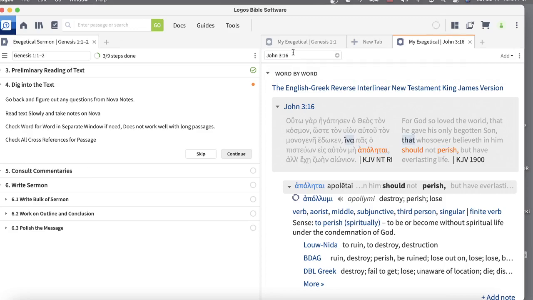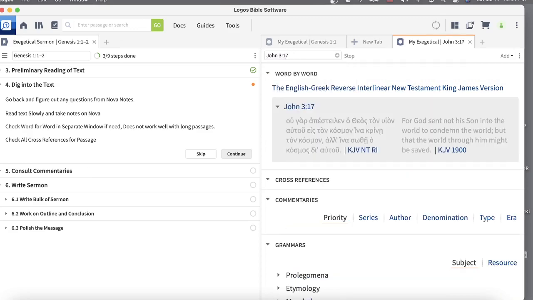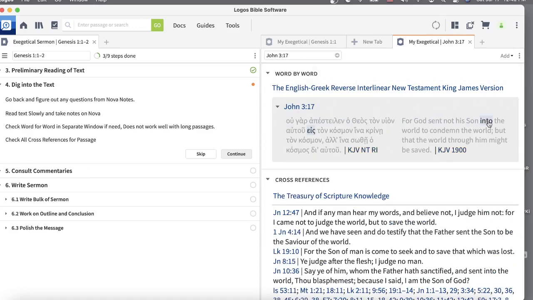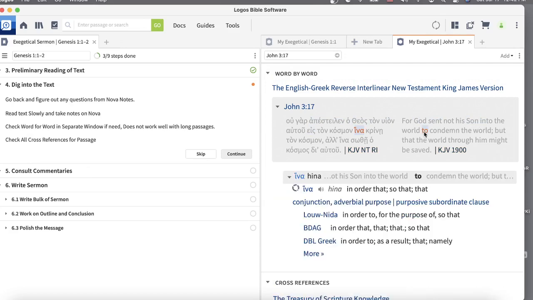Like for example, let's look at John 3:17. For God sent not his son into the world to... Now this word "to" here, this preposition hina, means in order that or so that, and it emphasizes purpose. So God did not send his son into the world for the purpose of condemning the world,